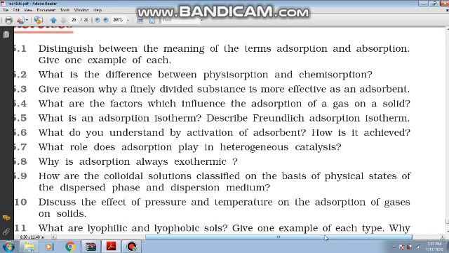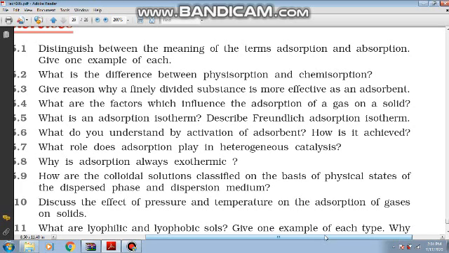Number 4, physisorption does not involve any activation energy, and chemisorption involves activation energy. Right? So these are the main points of difference between physisorption and chemisorption. Next comes the reason why finely divided substance is more effective as an adsorbent. Finely divided adsorbent provides more surface area, which will lead to more adsorption, and therefore more reactants will be